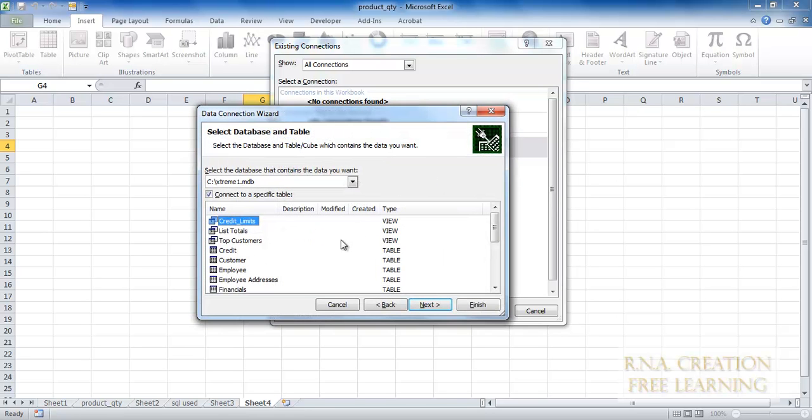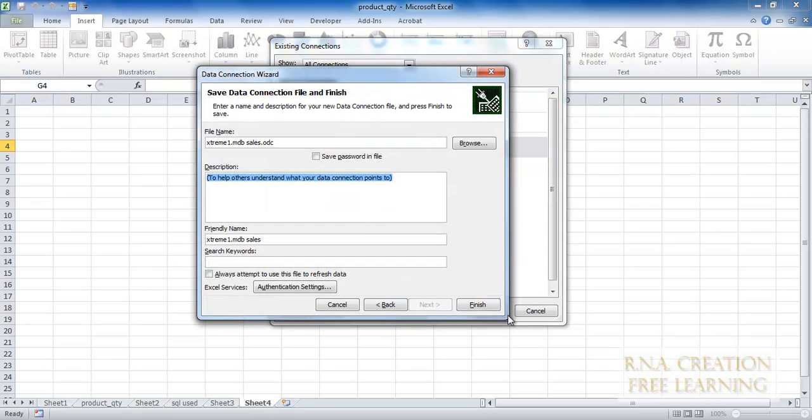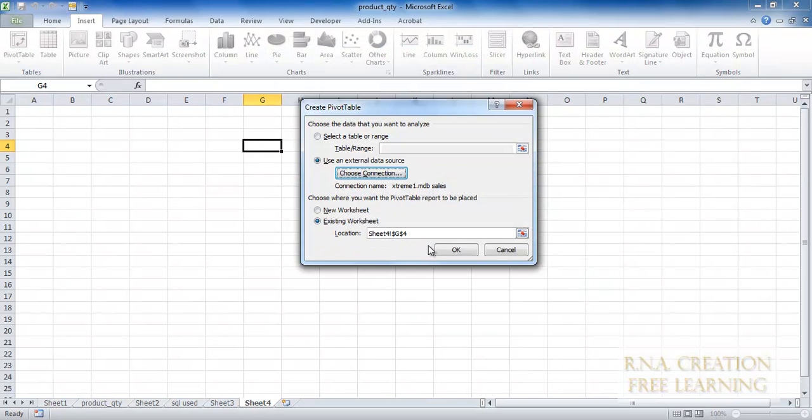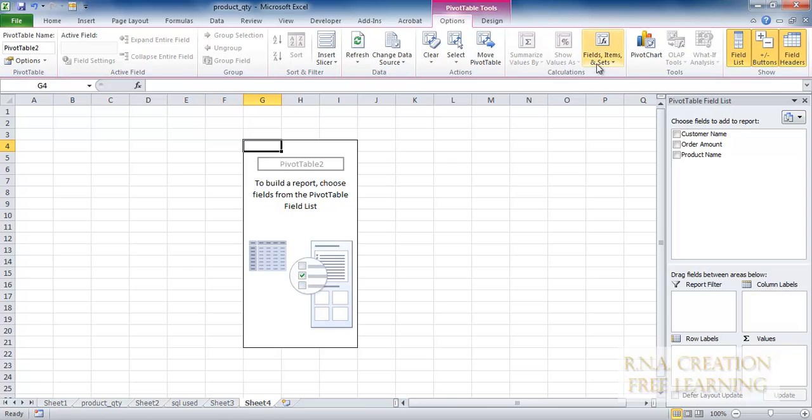Click OK, and I have something known as sales that I have created by using a query. I will show it to you, give the query to you, and you can see how this was created. This database is the Extreme database. Okay, I'm going to say next, and I'm going to say finish. Yes, and it's going to be here. Now you can see that the data has come from here, and you can see the customer name, order amount, product name. Here you can see there are 3 columns.